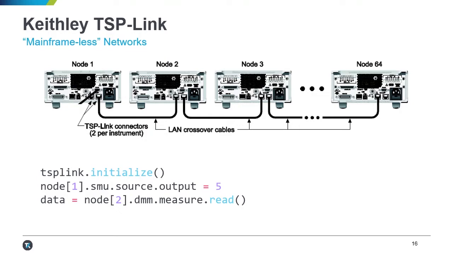And there are two aspects of this capability that I want to talk about. The one is called TSP-Link. And again, this is only for Keithley-made TSP compatible instruments. But what it allows you to do is create this mainframeless network by daisy chaining instruments together onto this network. It's sort of like they're creating their own LAN network. And you can see a code example down at the bottom to see just how simple this is, where when you write code and programmatically interface with the instruments, you just address them by a node number. So you can say node 1, we're setting an output, and then you just access the data from node 2